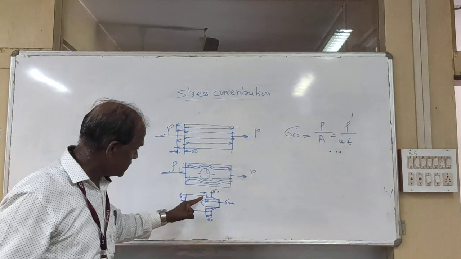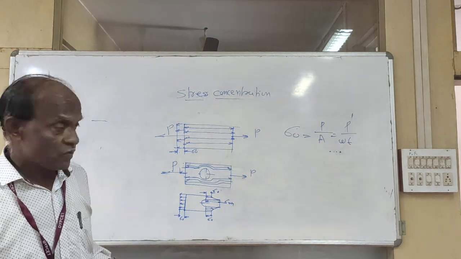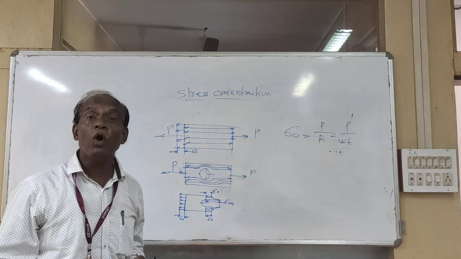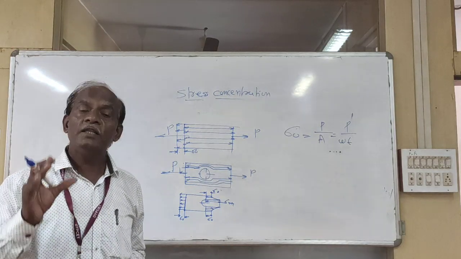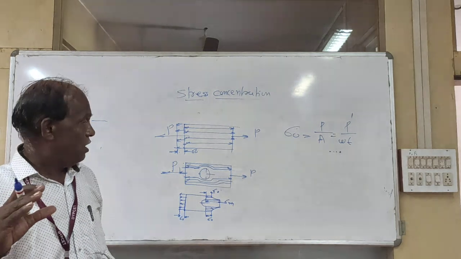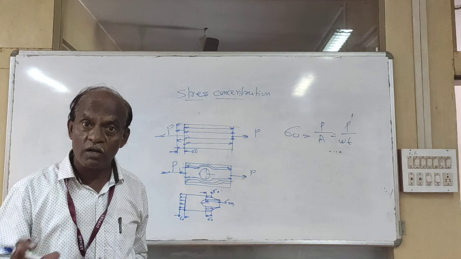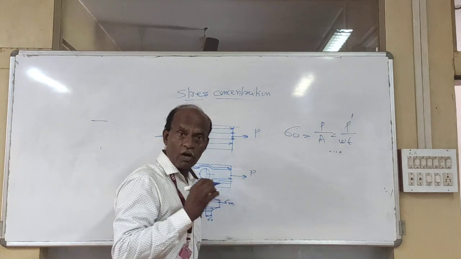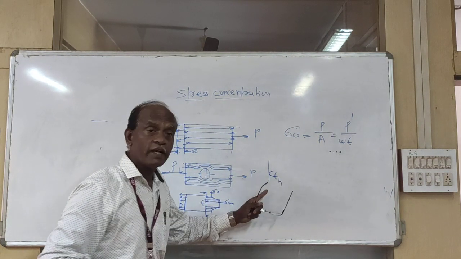To modify these results, you have to use the concept of stress concentration. Here, stress concentration is defined as the localization of stresses in the neighborhood of discontinuities in the form of change in cross section, material defects, lower surface finish, localized contact. So the term theoretical stress concentration is defined as KT, or KTH, theoretical stress concentration.